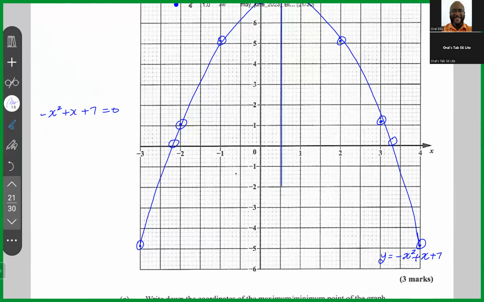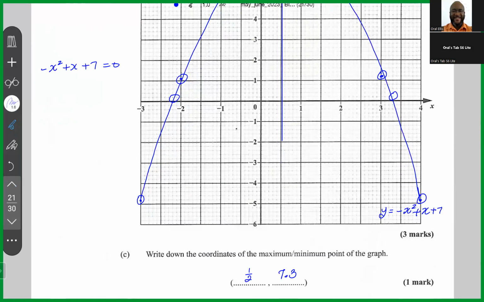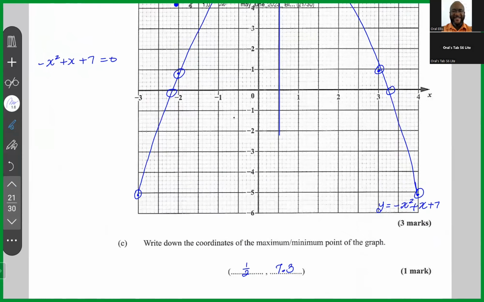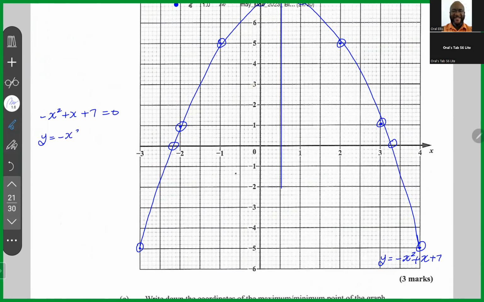But here's something. Whenever you use a graph to solve an equation, you have to draw the graph of the left-hand side, minus x squared plus x plus 7, which is already drawn. And you have to draw the graph of the right side, y is equal to 0. So y is equal to 0 is the x-axis. Now, the solutions of the equation are the values of x where the two graphs meet. The two graphs meet here, where x is minus 2.2, and they meet here, where x is approximately